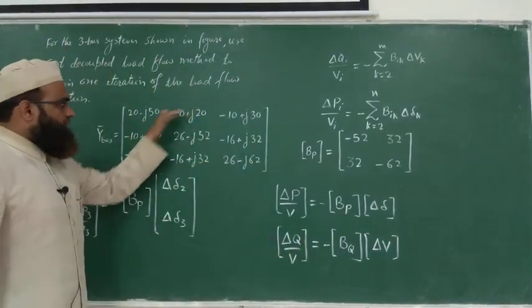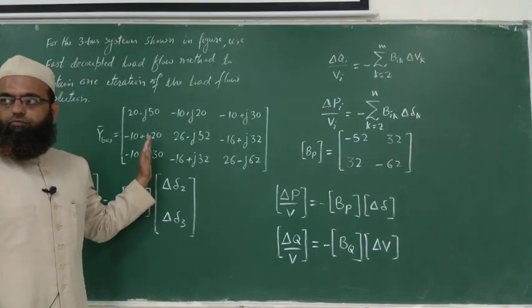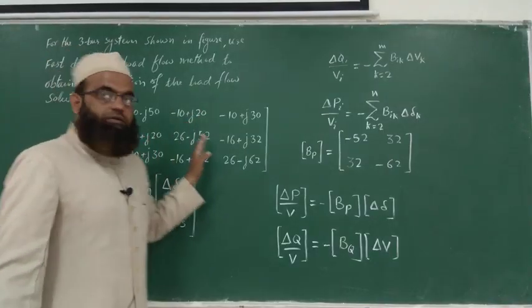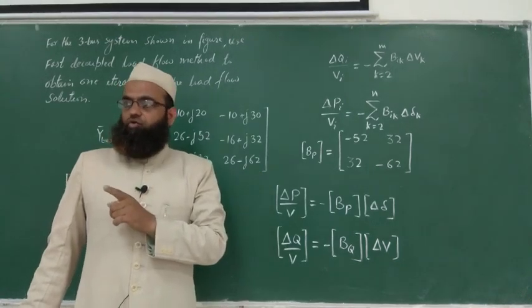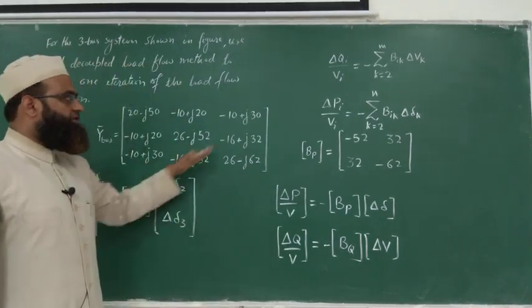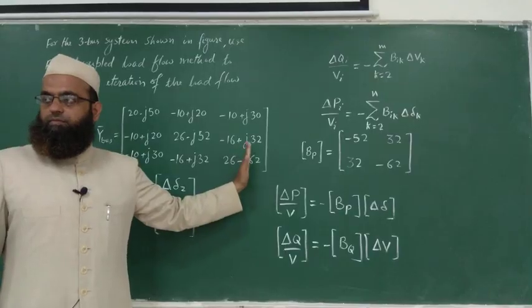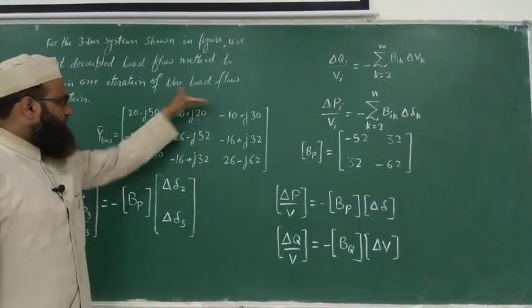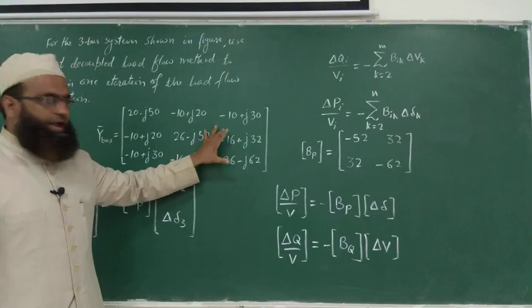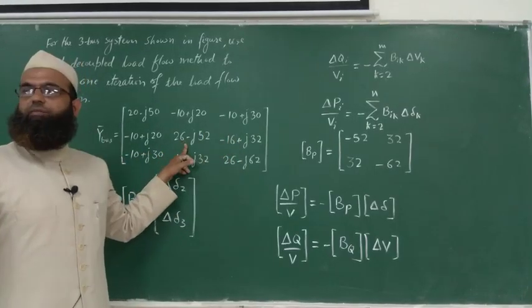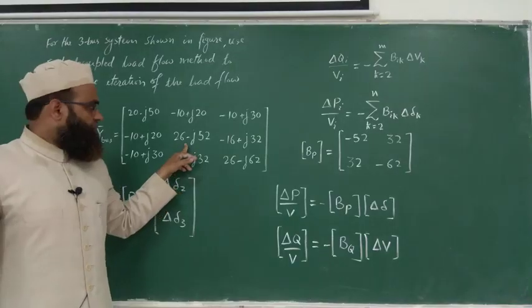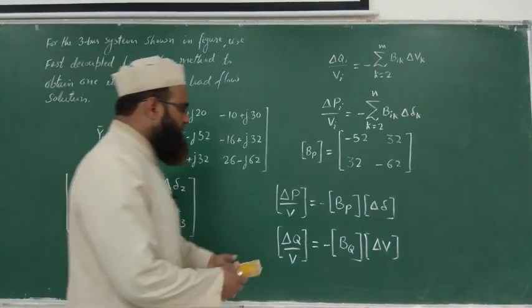So okay, first one will be ignored, and third bus is PV bus. So you have to ignore third row and third column. So this one is ignored, remaining are 2 by 2. Again you are ignoring the elements of third row and third column, so only this one will be left. So from here, what will be the value of BQ?